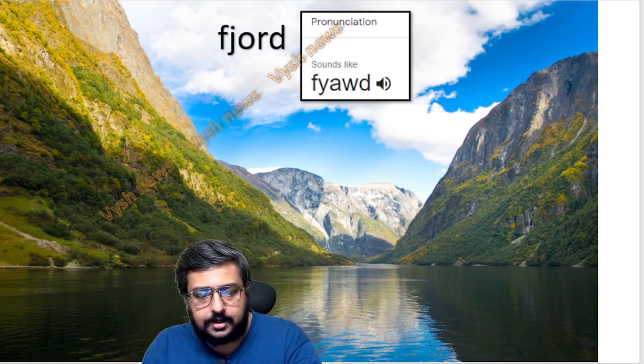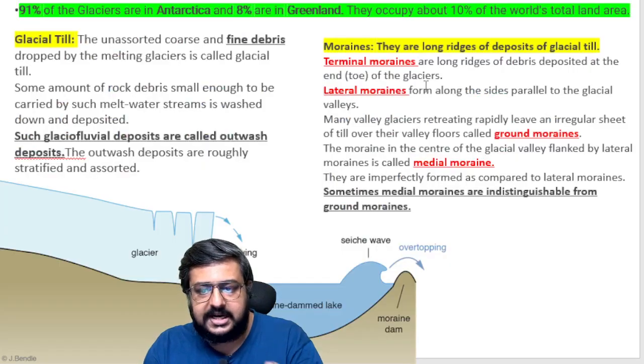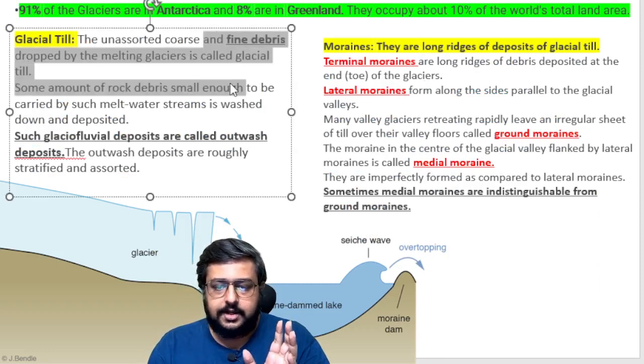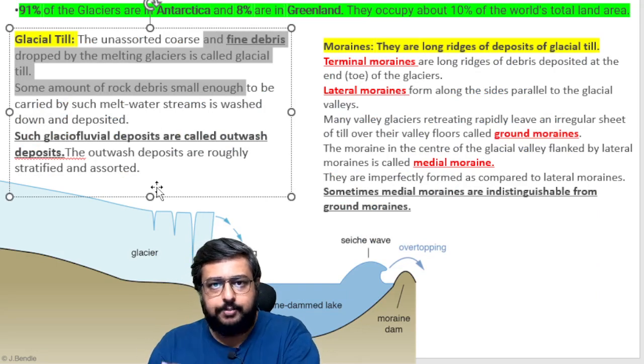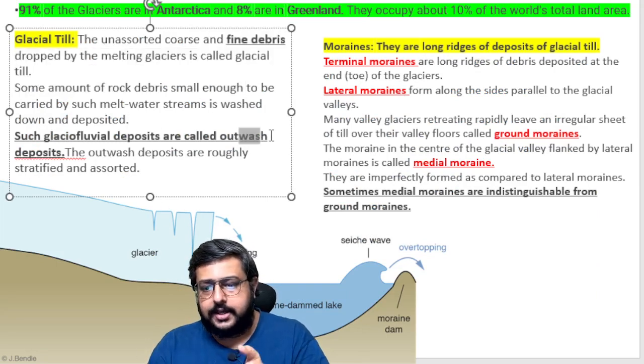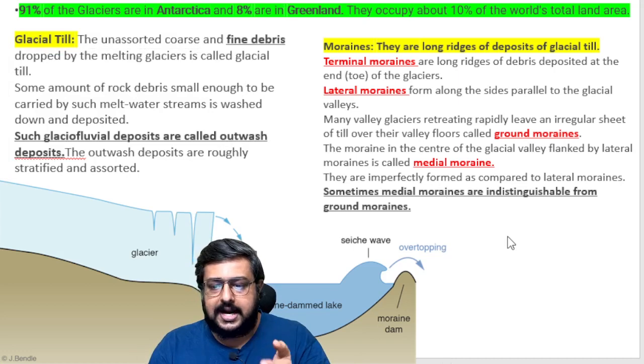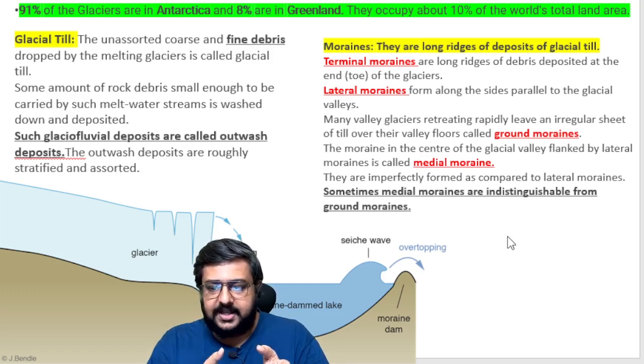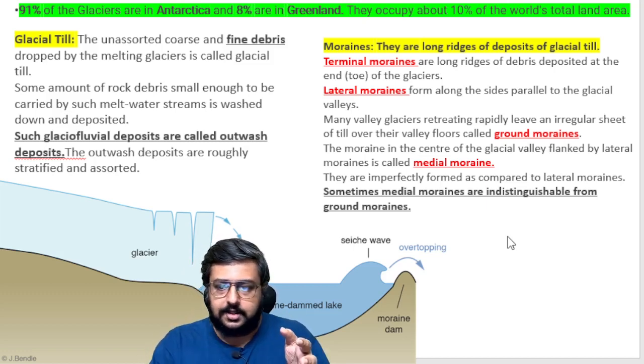So now again, a little more detail before wind up. Glacial till and moraines, again it's the same thing. The fine debris is getting accumulated, some amount of rock is there, and when it's getting washed out, that final plain is called the outwash plain. And moraine, I told you, terminal, lateral, ground, or medial. As per where it is, the boundary is the terminal, lateral is on either side, the medial is through the center, and ground is at the bottom.